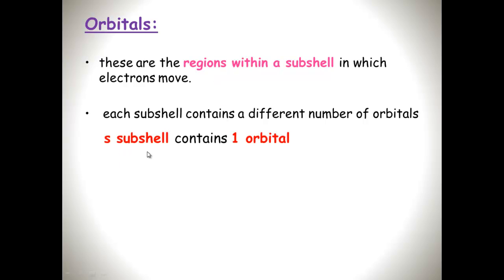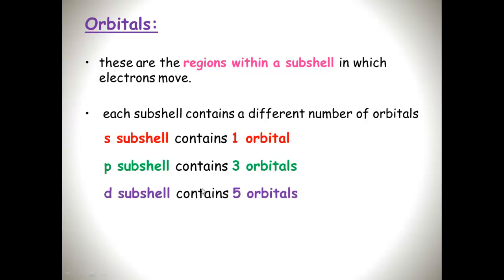The S subshell contains one orbital, the P subshell contains 3 orbitals, the D subshell contains 5 orbitals, and the F subshell contains 7 orbitals. This is important